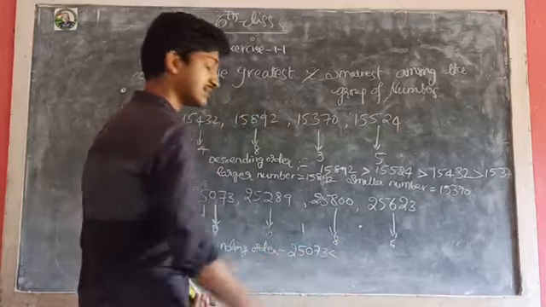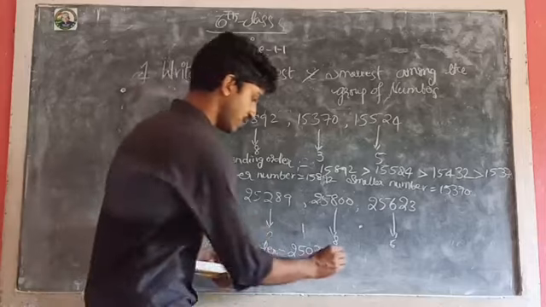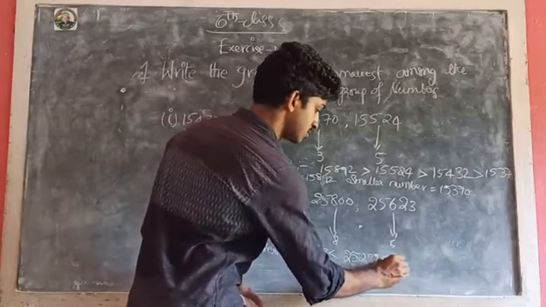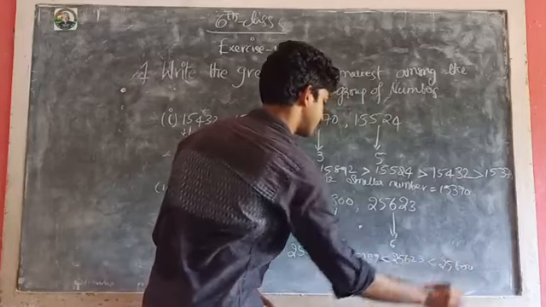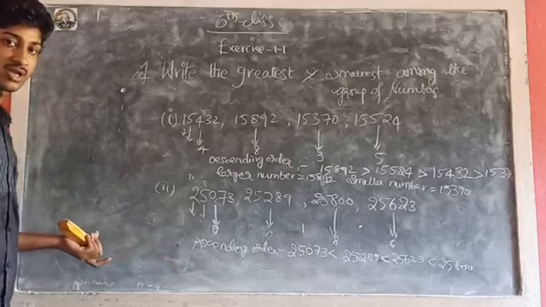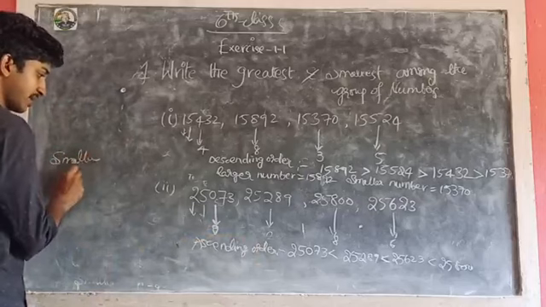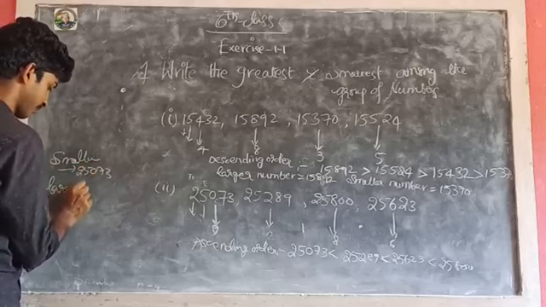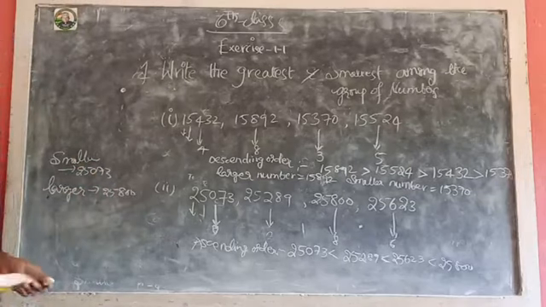25,073 less than symbol, less than, and the next smallest is 2 here. So you can write 25,289 less than 25,623 less than 25,800. Here in ascending order, we write the smaller number first. So the smaller number is the first number, 25,073, and the larger is 25,800. Okay, children. And the next question.